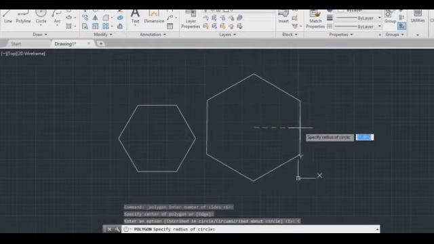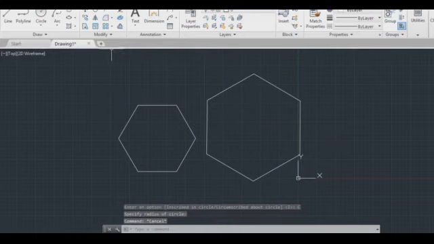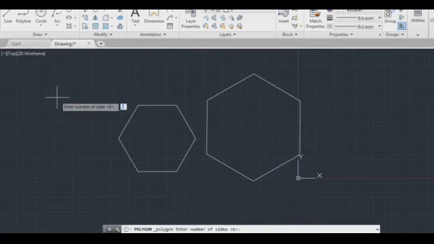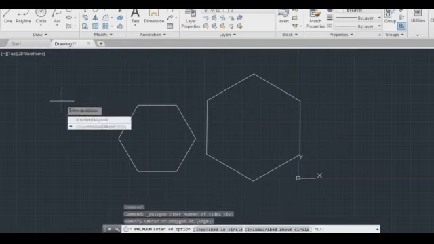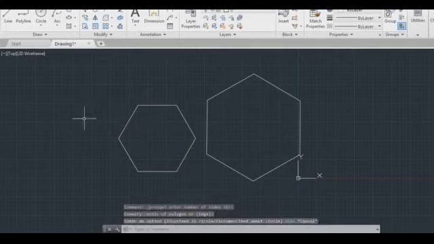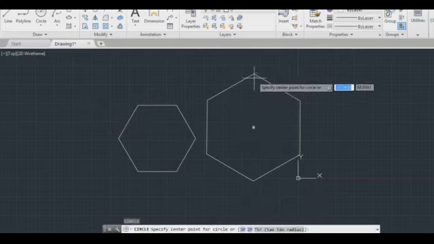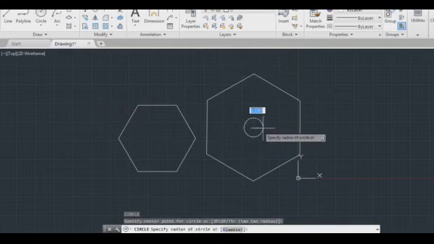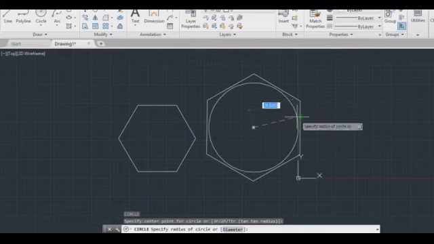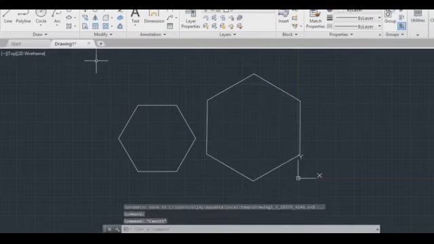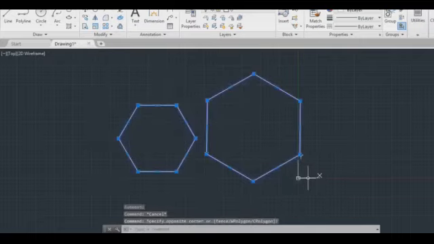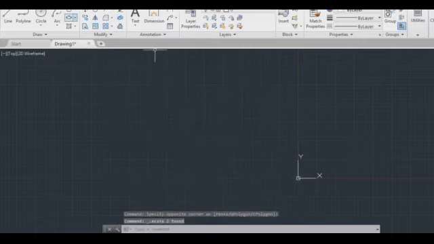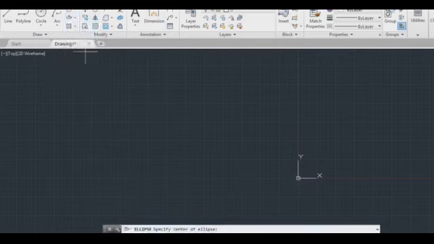I will give the distance, the radius of the circle. Now I will draw one circle and go for circle. This is circumscribed about the circle. This is inscribed in a circle. The first one is inscribed in a circle, the second one is circumscribed around the circle.